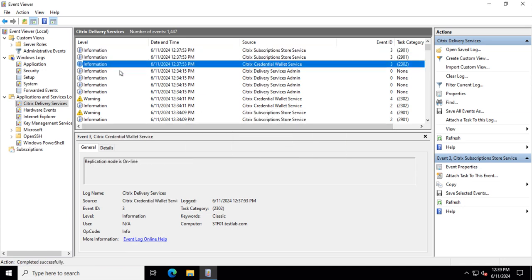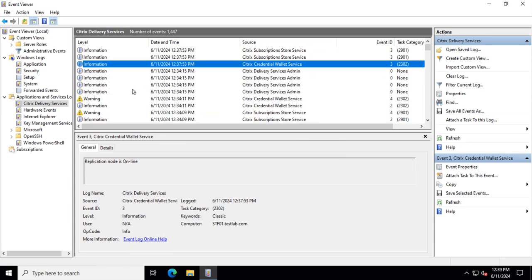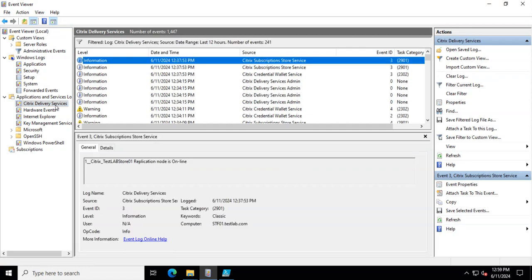I wanted to search for the login event. Okay, give me a second. I do not remember where I can find a successful logon attempt in the event viewer, but